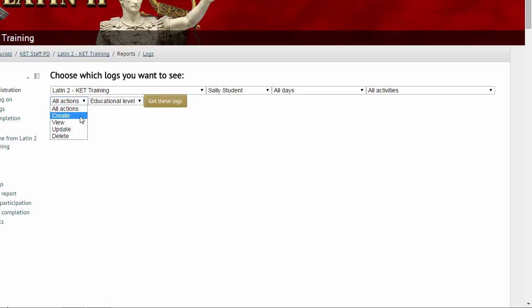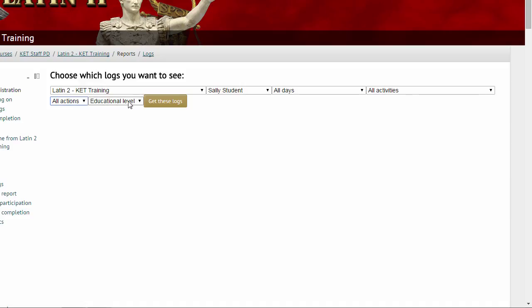Creating and deleting refer to creating activities or other resources in the course. For example, when you as a teacher or tutor are producing the course, are preparing it, building it, or changing it, you'll be doing creating and deleting actions. We'll just leave that at all